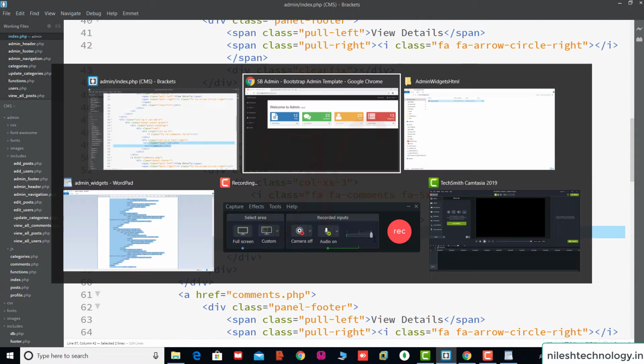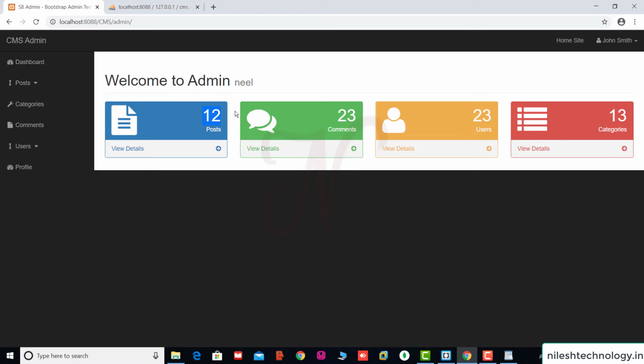Now we want to display the count of posts, meaning how many posts are in your database or application, how many comments, how many users, and how many categories.